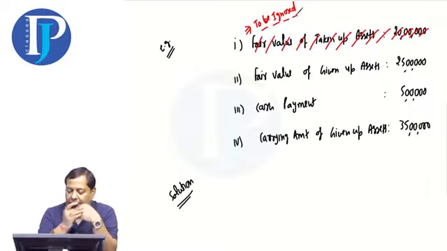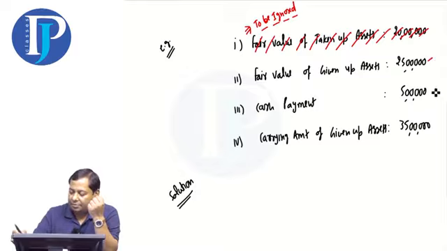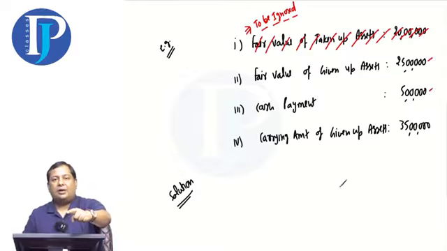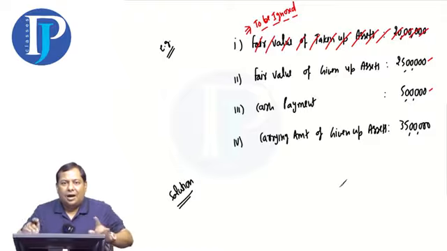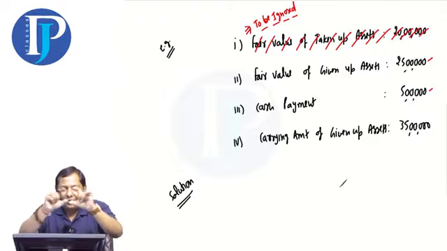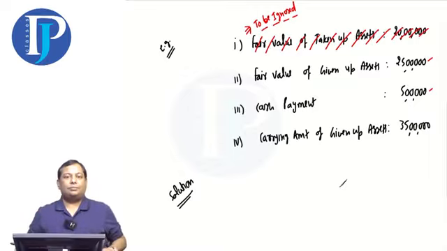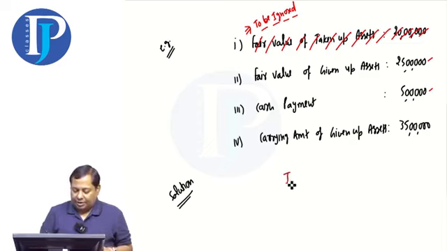Now, what do you need to do? 25 and 5. You gave assets worth 25 lakh rupees. You gave 5 lakh rupees in cash. The total consideration is 30 lakhs. Because in the third case, you need to look at the given up asset and its total value is 30 lakhs. We will pass an entry when we are making the journal entry.